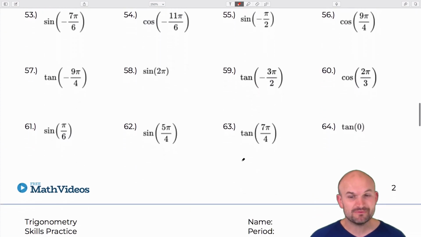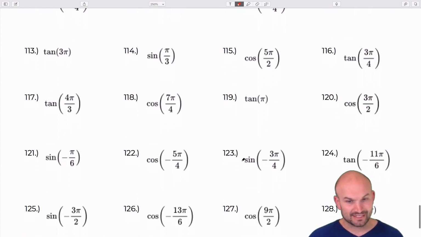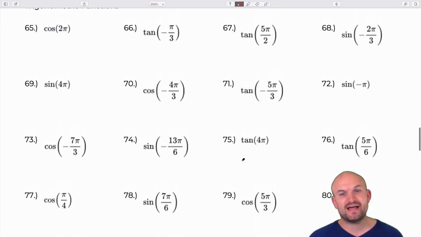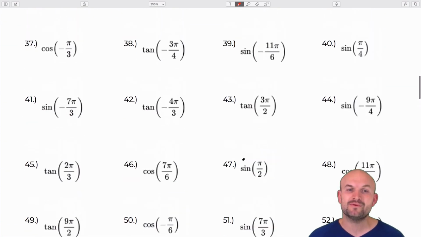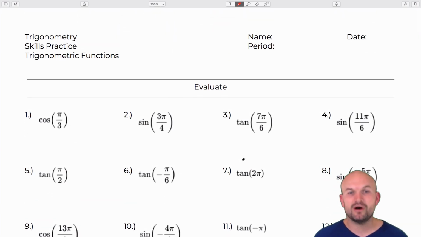Now, I tried to do my best and find every single unique possibility of these angles, and I didn't do obviously all of them because there's infinitely many angles, but I'm going to evaluate a lot, and I'm going to do that without evaluating the unit circle. Obviously, we're not going to create the unit circle